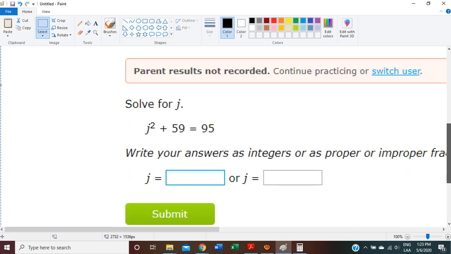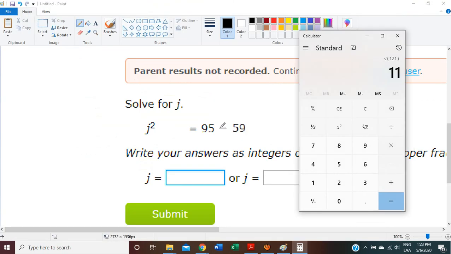We're going to do the same. We're going to clear j squared by sending this to the other side. It was adding, now it is going to be subtracting. So 95 minus 59